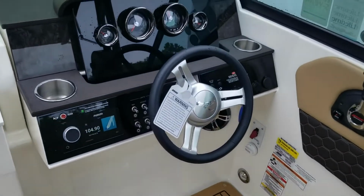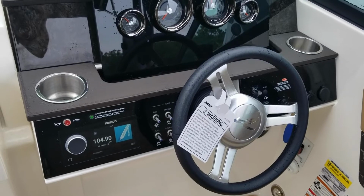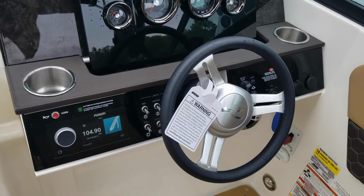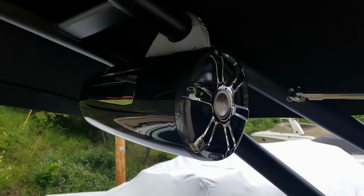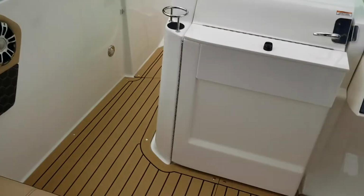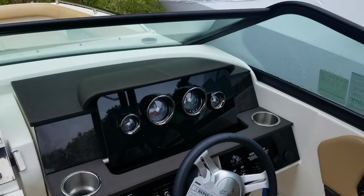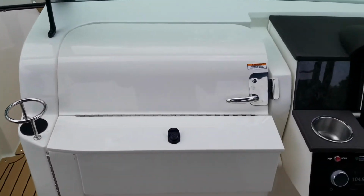Walking forward to the helm station here, we're going to notice we have a upgraded stereo system, Fusion touchscreen, and speakers everywhere, including on the tower. Notice we have the tower with the attached bimini. Also, you notice up at the helm we have a port side walkthrough rather than a center walkthrough, and what that helps out with